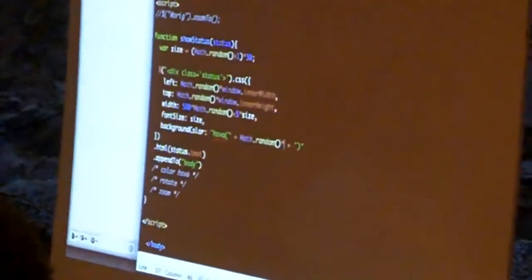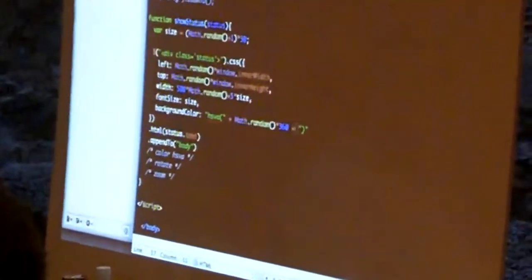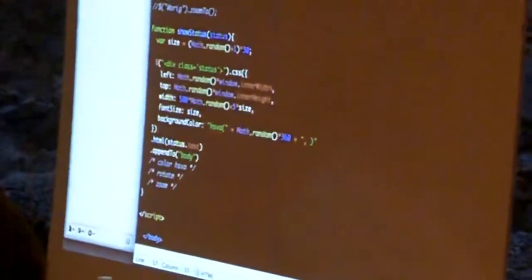Watch me make mistakes here. Okay, so now we have math.random. We need something in 360-degree space. We want it with 50% saturation and 100% lightness and 0.8 alpha for the background color.